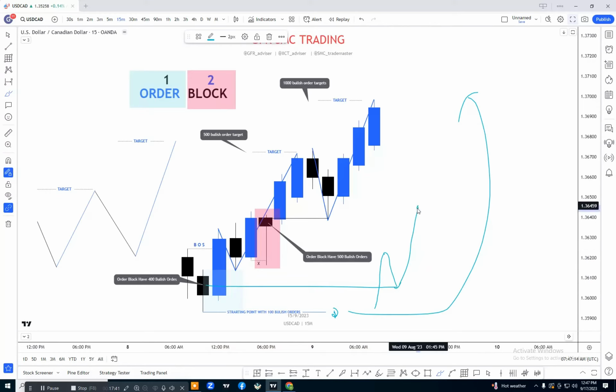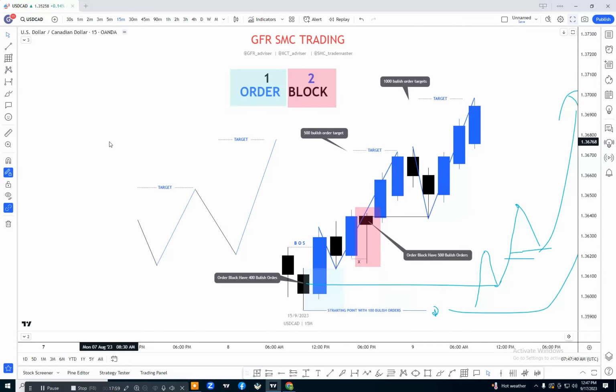The petrol pump here was already empty, so we go back to the next petrol pump, which was here. Then we fill the car with petrol and the next target will be at this point. I hope you guys have successfully understood how the order block works in the market and how they provide orders